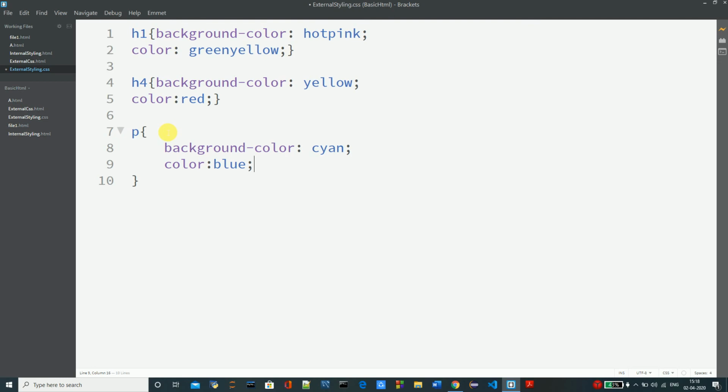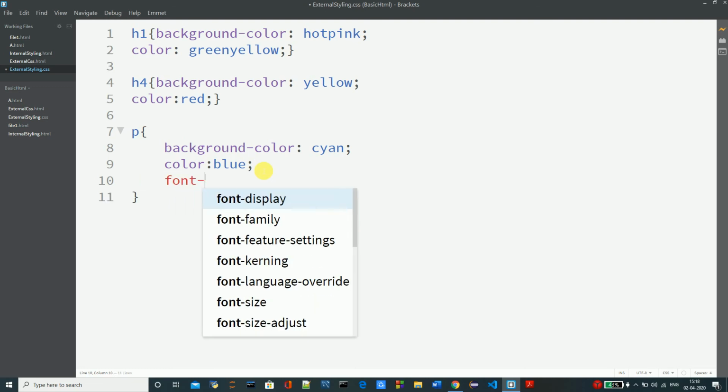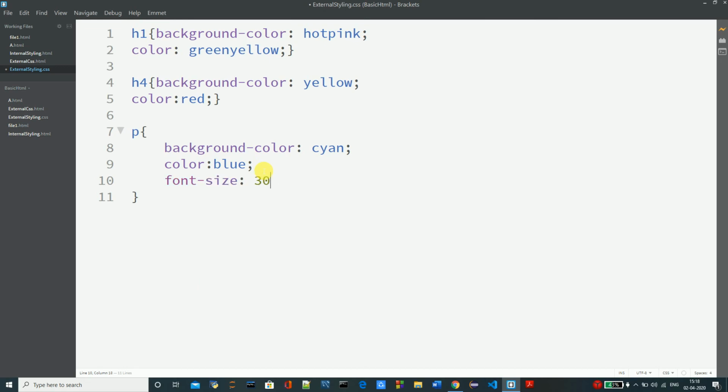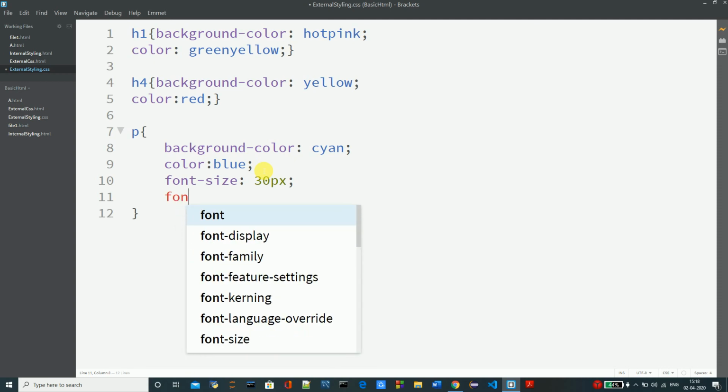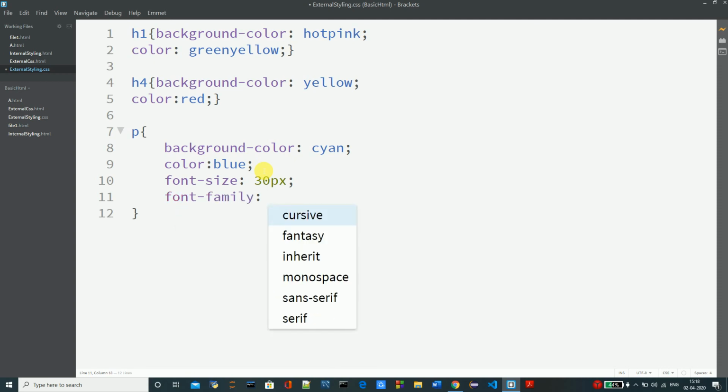Okay, just save this one, and I want the font size of this one also to be increased, so I'll use font size. I will use, let's say, 30 pixel. I want to change the font family also. I will use font family. I will use, let's say, cursive. I'll save this one, and